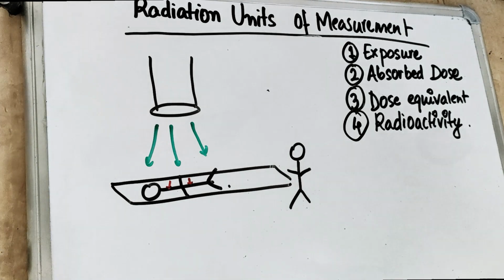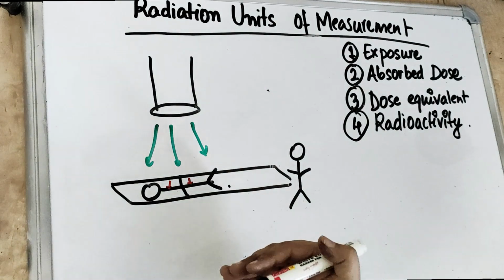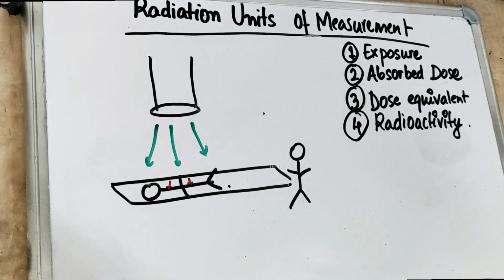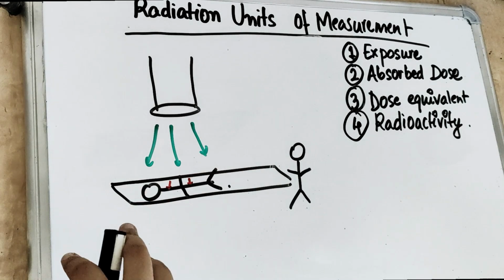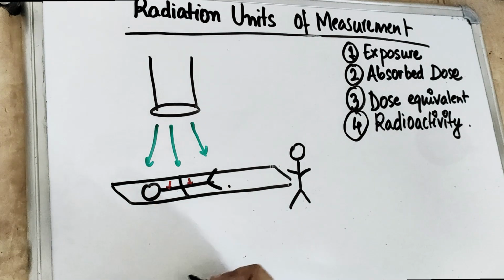So guys, talking about the units of measurement of the radiation, what are the units that we can use? And before starting with the units, let's see how we measure the radiation. Suppose there is a nuclear blast, or suppose there is an X-ray room in the radiography center. All of these are areas wherein we have to measure the radiation, because if there is any biological effect, which we'll cover in the next video, happening on the tissues, that effect is what we want to study.